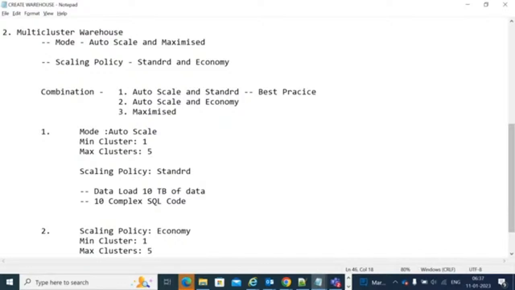Here also you will select the maximum and minimum number of clusters. What will the economy policy do, in case of a standard, whenever you upload the data or submit your complex queries, it will calculate and then increase. What this economy will do, suppose you submit 10 SQL queries to your Snowflake, it will calculate internally